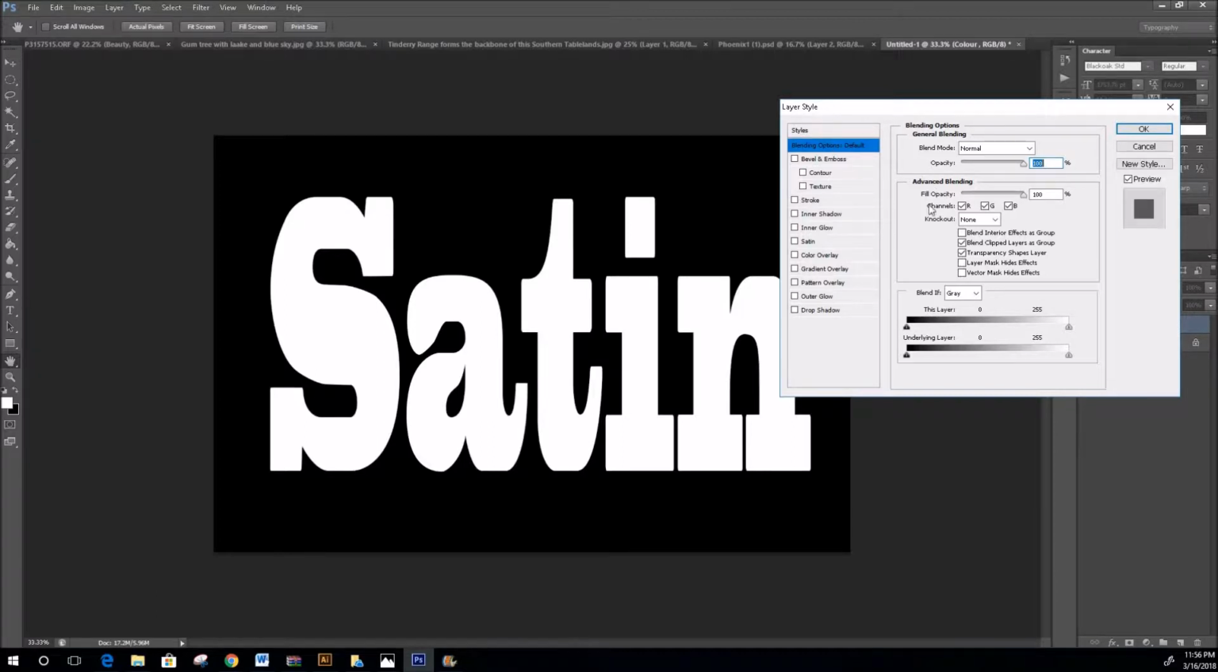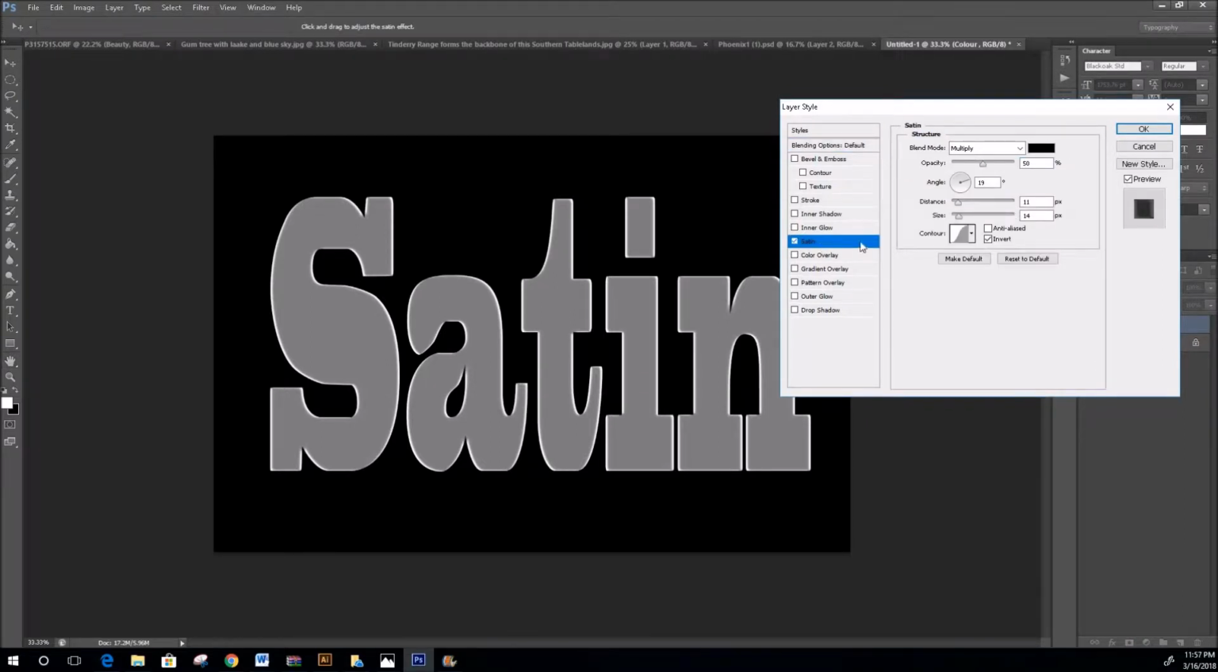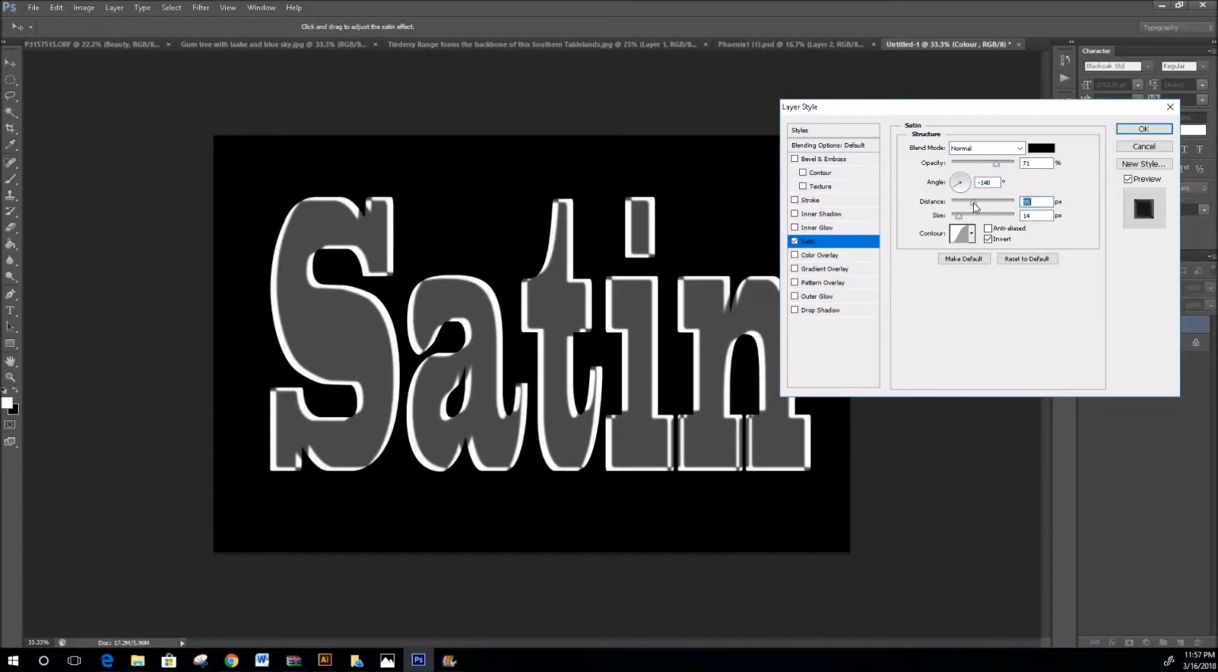Layer Style. Click Satin and make sure you tick on it, guys. You've got to make sure it highlights blue. And we'll set the mode to Normal. Opacity, we'll go with 70%. You can change the angle, distance,